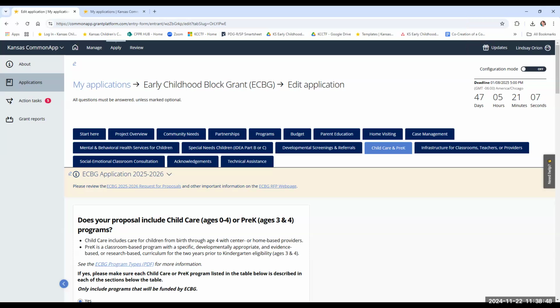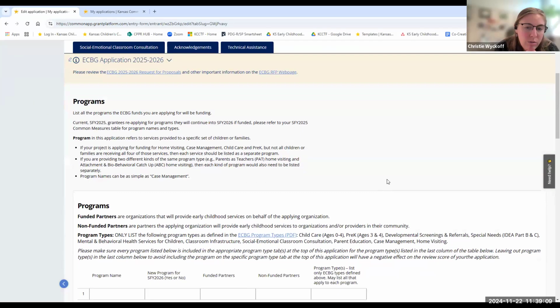If you have multiple programs, do we send it in one application, or do we do an individual application for each program? You will submit one application. If you could click on the programs tab, Lindsay, and scroll down.